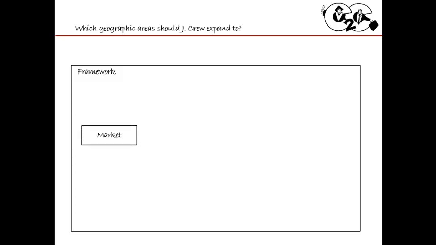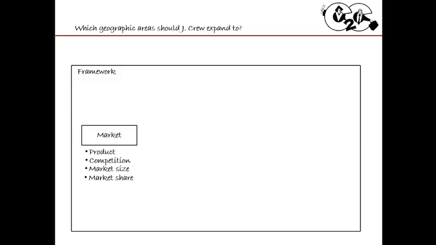Okay, so just like I mentioned before, I want to know what is the product. J.Crew is mainly in retail, and they really sell clothes, and they have some other stuff, but really clothes is their big thing. Competition I mentioned before: Calvin Klein, Tommy Hilfiger, some other of the bigger posh names out there. Market size is how many people or how much money is generated through this type of industry annually. And then market share. And market share is of that percentage, of that pie, how much of that pie does J.Crew have?